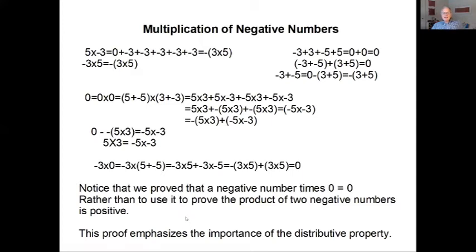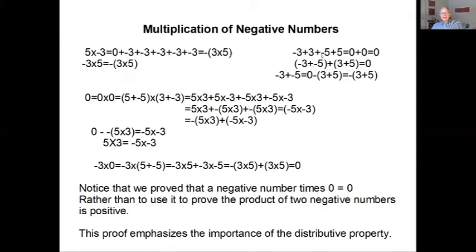Now we're going to do multiplication by negative numbers. Okay, so 5 times negative 3, well, I would do a count. 5 of those negative 3s, and I know that 0 added to negative 3 is still negative 3. But what are 5 negative 3s? Well, if I look over here, I know that a negative number added to its inverse is 0, and 0 plus 0 is 0. If I group them,